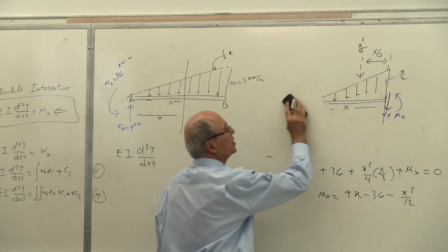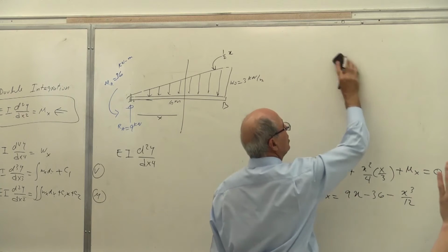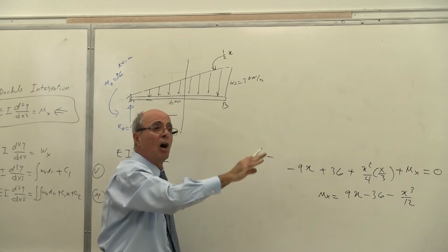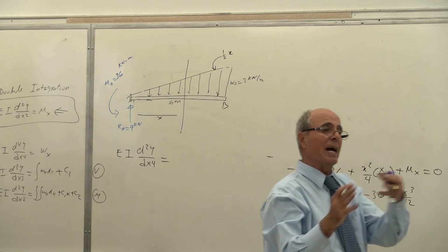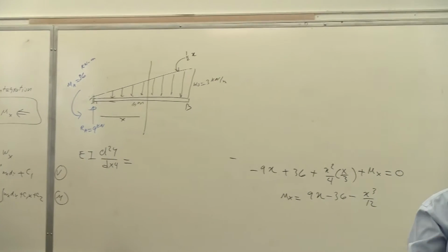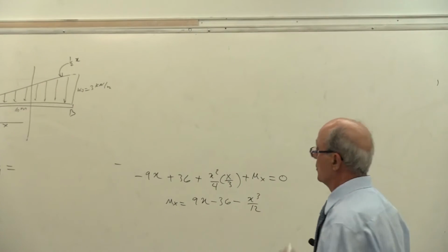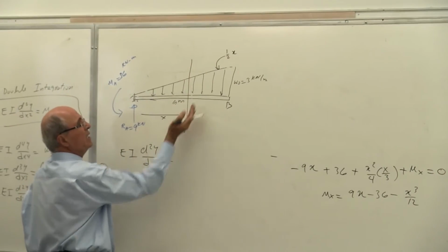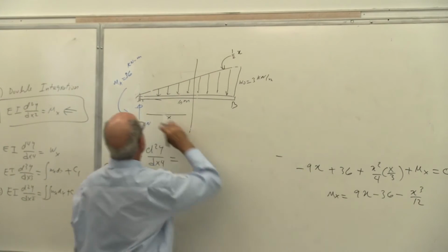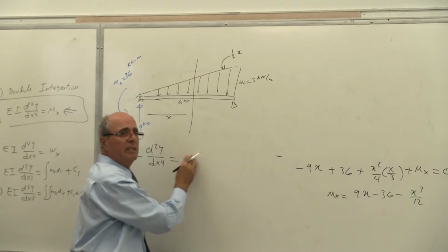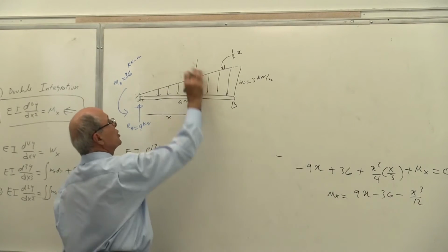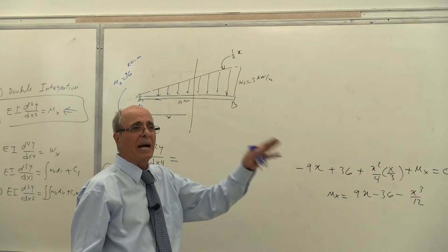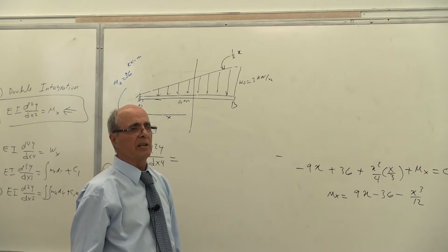I don't need this free body diagram. I'm going to erase it because I need the board. From now on, this part of it should be automatic. All the action you see, reverse it, that's the reaction. Is that correct or not? Again, let me finish this one. This goes to this, 9x negative, I need positive. This one is going positive, I need negative. This load is going to go positive, I need negative. Everybody, because that's the nature of action and reaction. Is that correct or not?